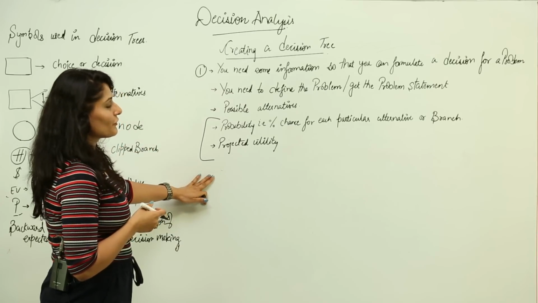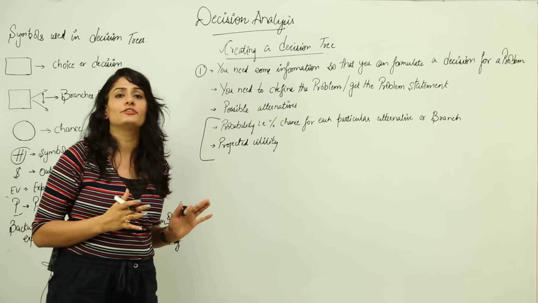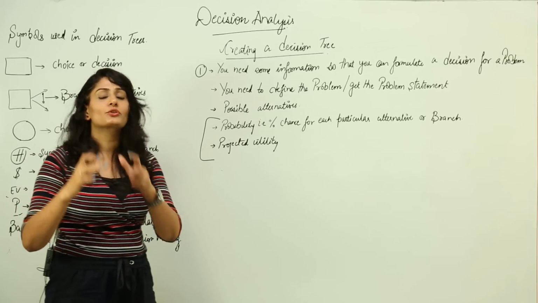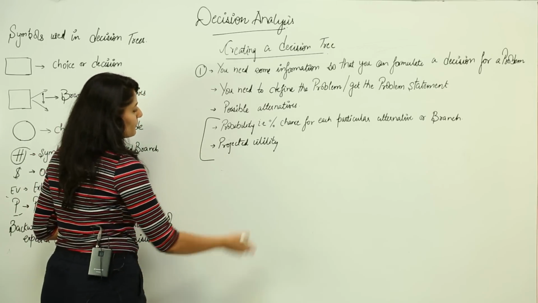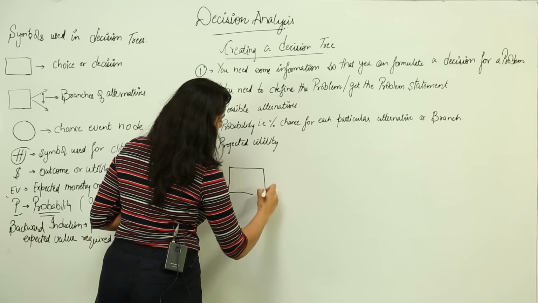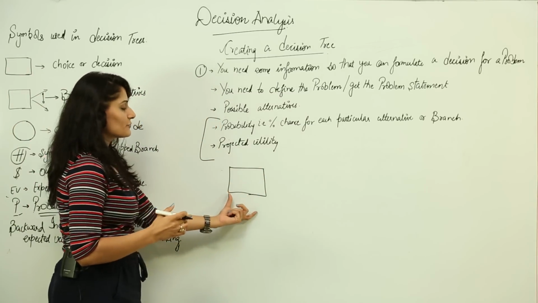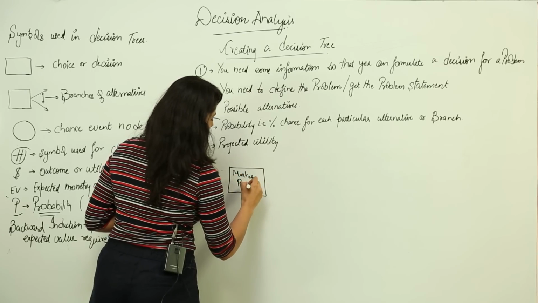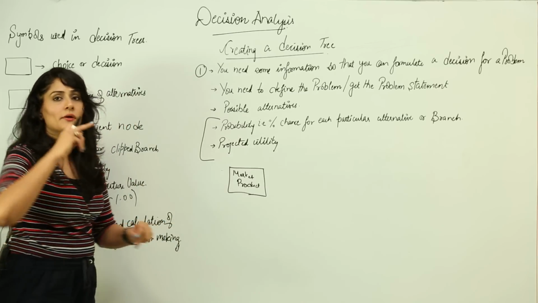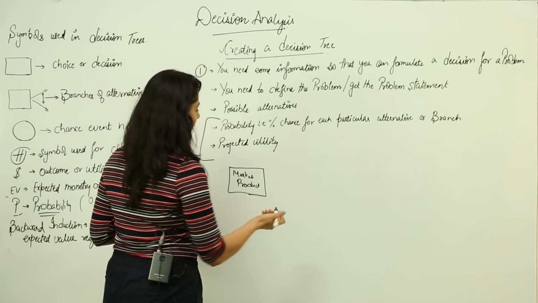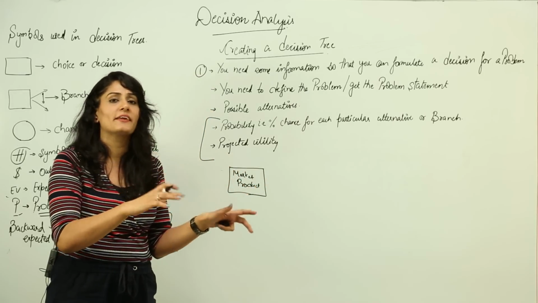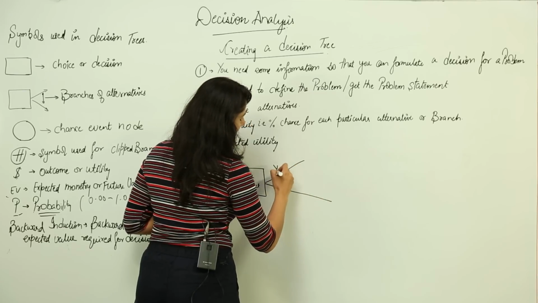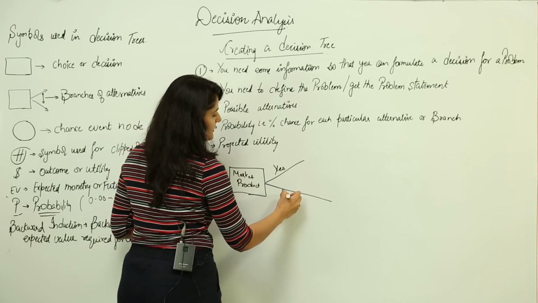And after you have this information, you will place all these values on a decision tree. How? Okay, for example, now I just take a simple example, that is whether I should go ahead and market my product, right. So I will represent it using a square as I told you. So basically this is the decision I have to take: market product. So from this decision my branches will branch out, and since it's a simple decision, the answer would be either yes or no, right. So I will branch out, and this says yes, I should market it, and this branch says no.